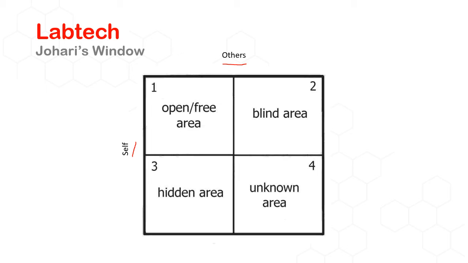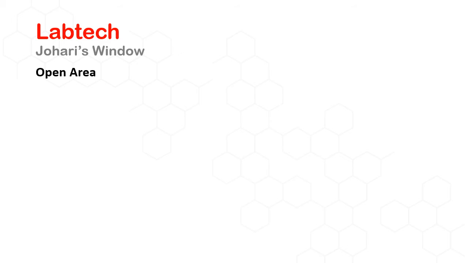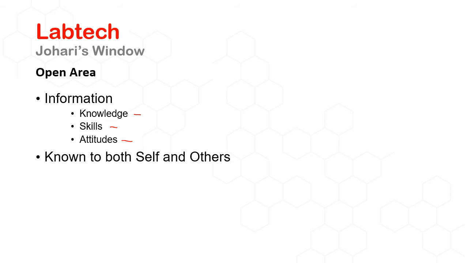So the first pane of glass is the open or free area. So this is basically an area where any information, and when we say information, we mean knowledge or skills. So knowledge might be what I know about a product, skills might be how good I am at speaking on the telephone to a customer. And attitudes is a tricky one, but it means my emotional feelings towards certain people, for example, prejudices I might have or difficulties I might have with certain topics. So you can have a think about what that means. It's the most elusive, really, category within information.